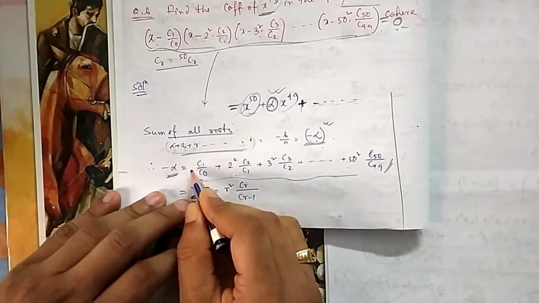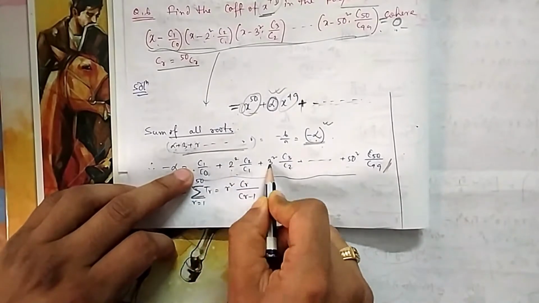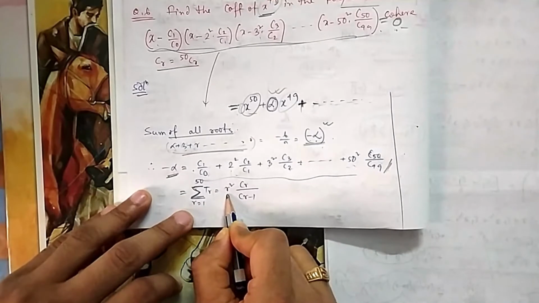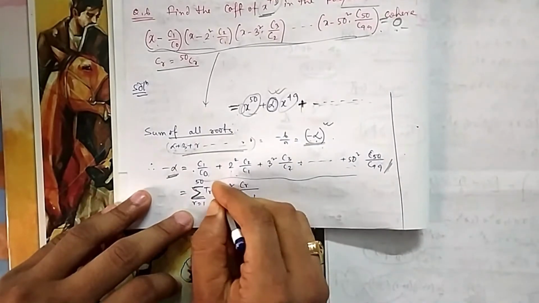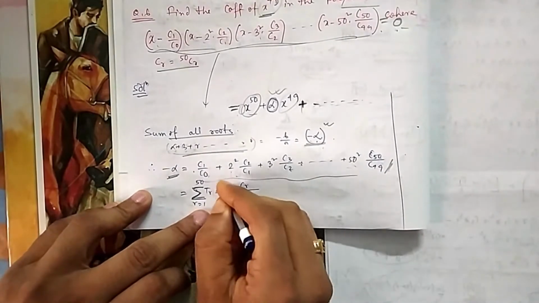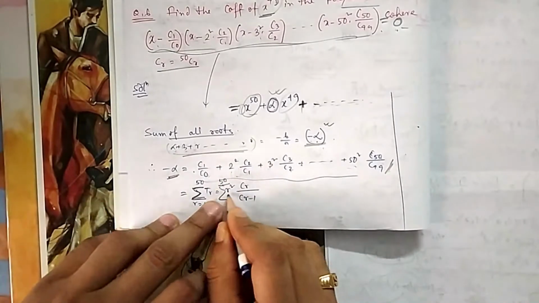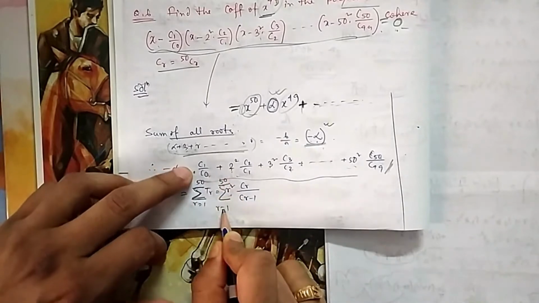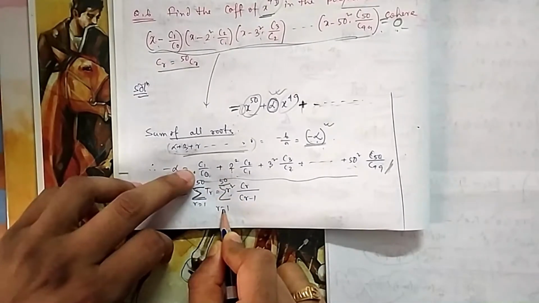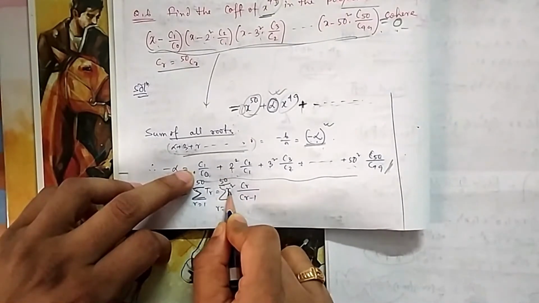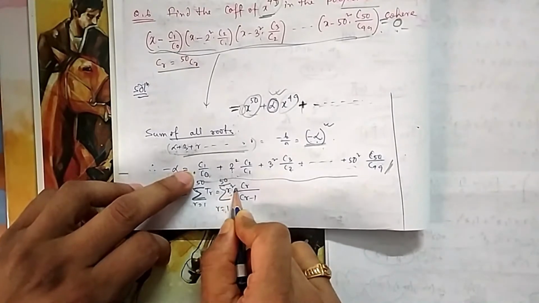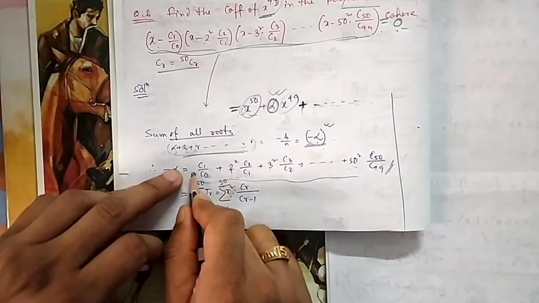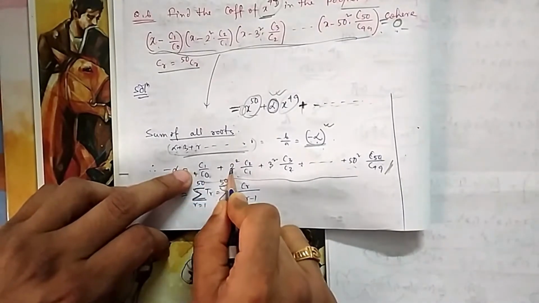So what is Tr? You can see the first term is 1 square, second is 2 square, third is 3 square, fourth will be 4 square. So if I am writing the rth term, it will be summation r equal to 1 to 50, and the first part will be r square. You can see r equal to 1 because this is 1 square, 2 square. That's why I am writing r equal to 1, not r equal to 0. If I write r equal to 0, then I should write (r plus 1) whole square. Then it will be (0 plus 1) whole square, 1, (1 plus 1) whole square, 4.